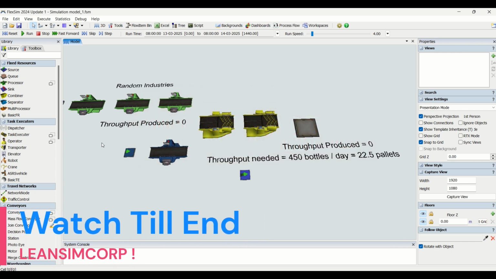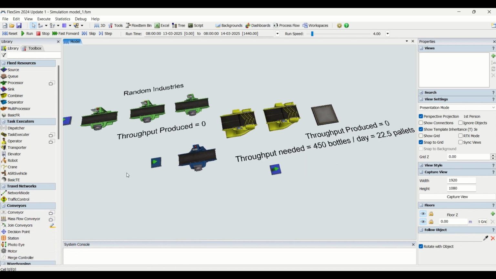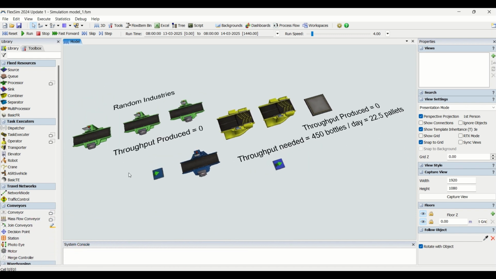Okay, so in the last video we looked into understanding the problem statement for Random Industries. We looked into what the demand per day required was. We created a simulation model just like Random Industries has: one set of machines which create bottles, another set of machines which create caps, and then we combine them, parallelize them with all the input cycle times which we did. Then we ran a simulation for one day, and we found that